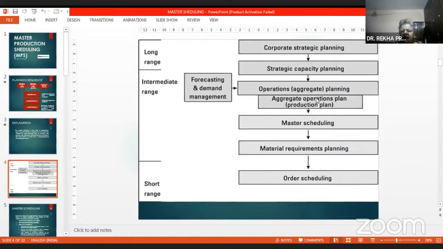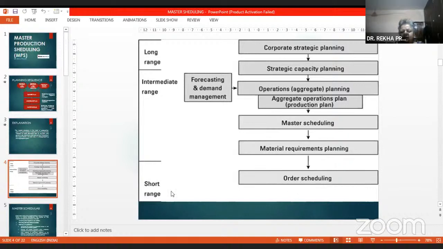So first you start with the aggregate planning, aggregate operation plan, production plan. Then you move to master scheduling, disaggregate it, find out the specific materials you want to produce. And for that you need material, so that is material requirement planning and order scheduling.